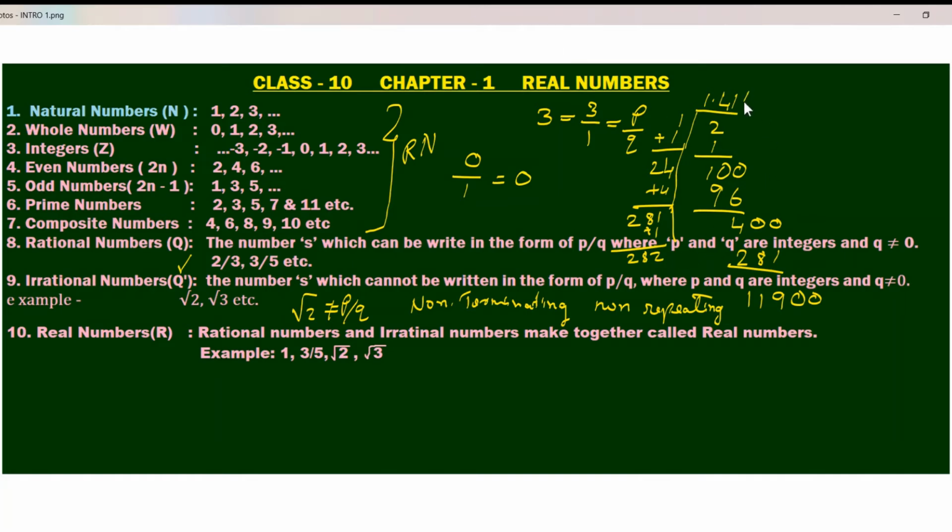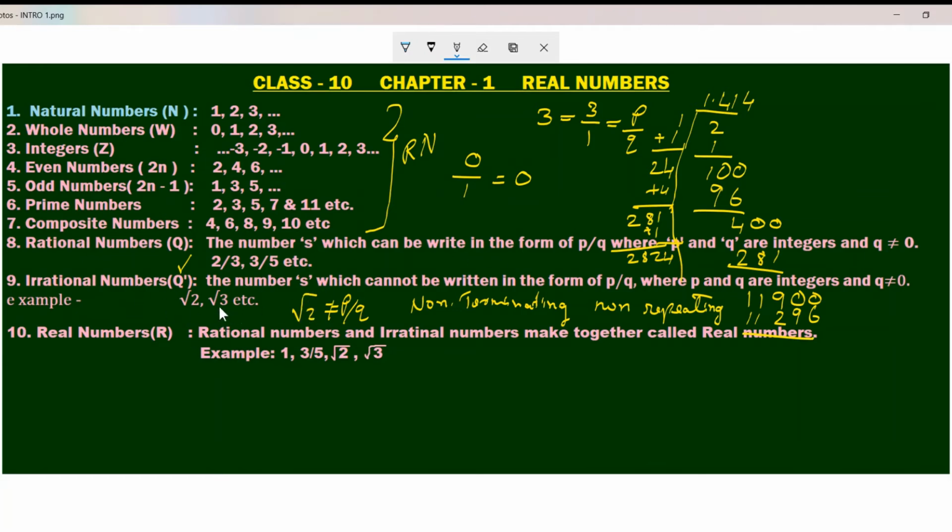Again, you will put 4 here. 4 fours are 16, 1; 4 twos are 8, 9; 4 eights are 32, 2, 3; 4 eights, 4 twos are 8, 8 plus 3, 11. That is lesser than this number. So you will get another number, and so on. You can see that decimal numbers are not repeating. So that is why we are saying square root 2 is an irrational number.